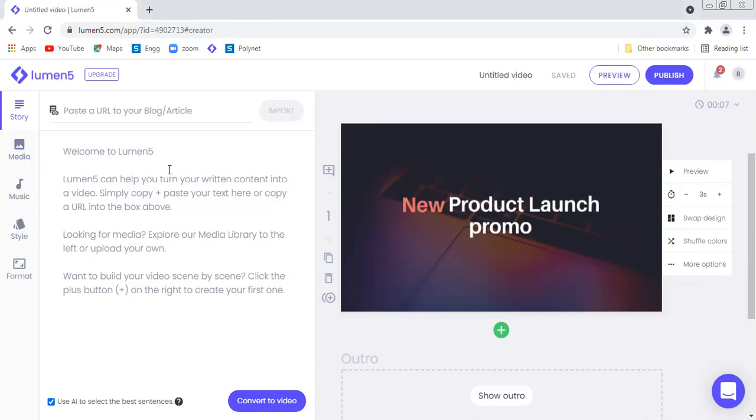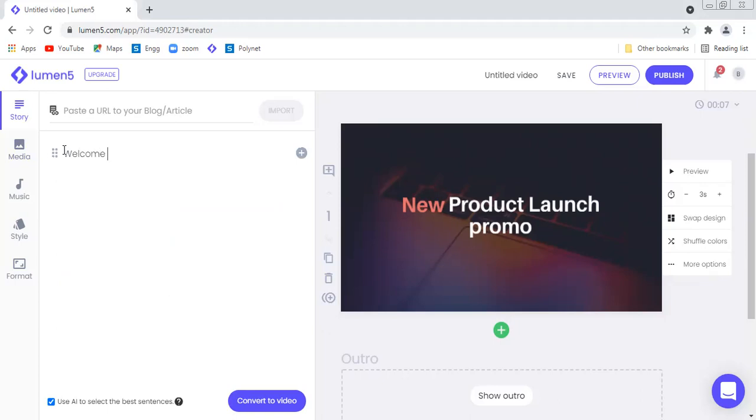Like say this, welcome to Lumenfy, Lumenfy can help you, etc. This is already the default written script. This type of story we can write depending upon the topic on which we wish to make the video. Say for example, welcome to online video making tool Lumenfy.